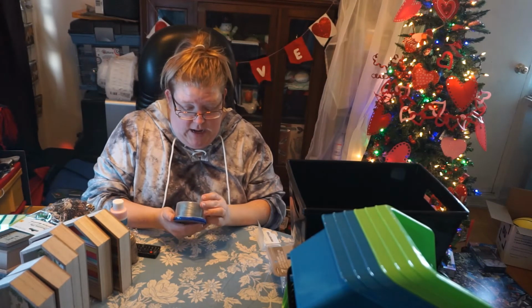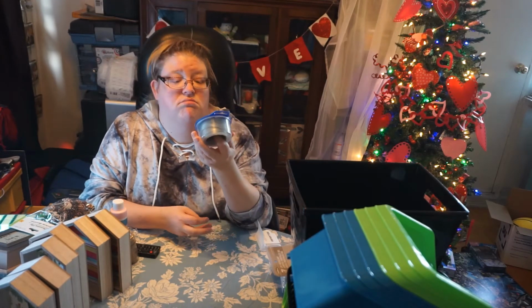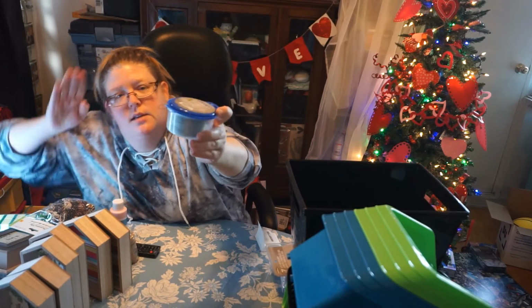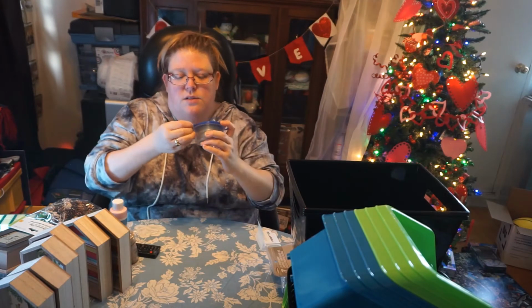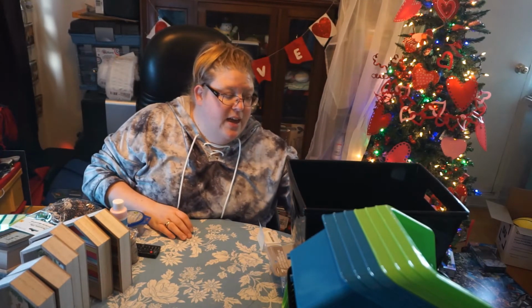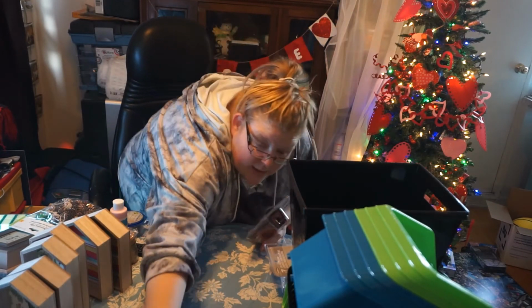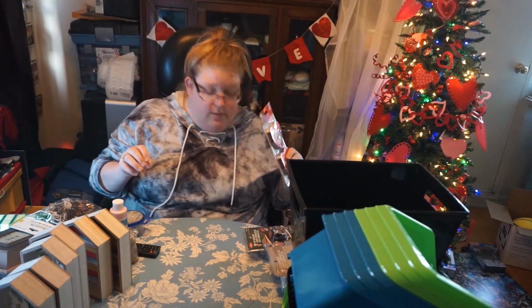$1.50, not bad. And it is just kind of wire that you can use for different things. See, so you can see, kind of gives you an example. I don't know if you can really see the wire over here. It's 20 gauge wire. I just thought that was a really good thing to add to my crafting stash. And then the rest of the stuff now, except for this, is basically stuff for the kitchen, not renovation,